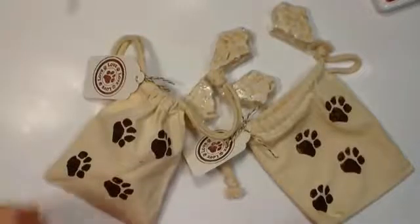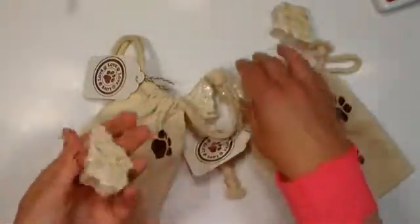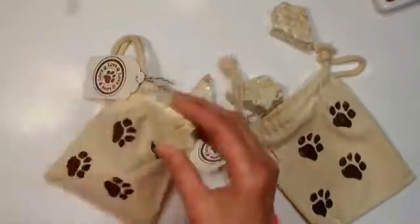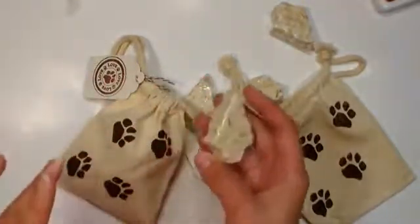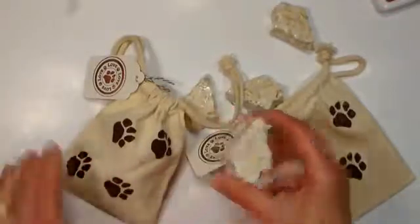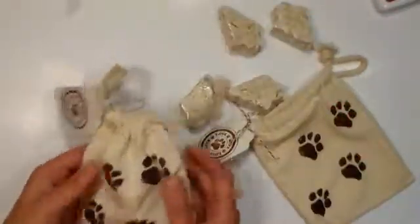Figured I would whip up a batch of some moisturizing oatmeal tea tree oil soap. And this is an avocado cucumber soap base, and it smells fantastic, and it's wonderful for your dog's skin and coat. And I'm going to show you how to make it today and how to package up these beautiful soaps